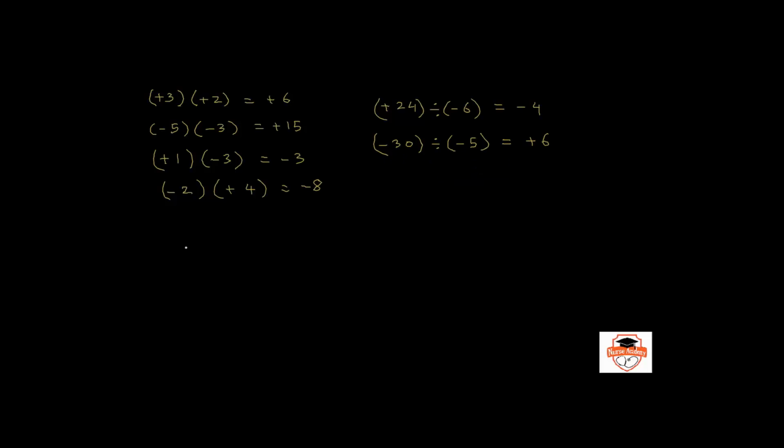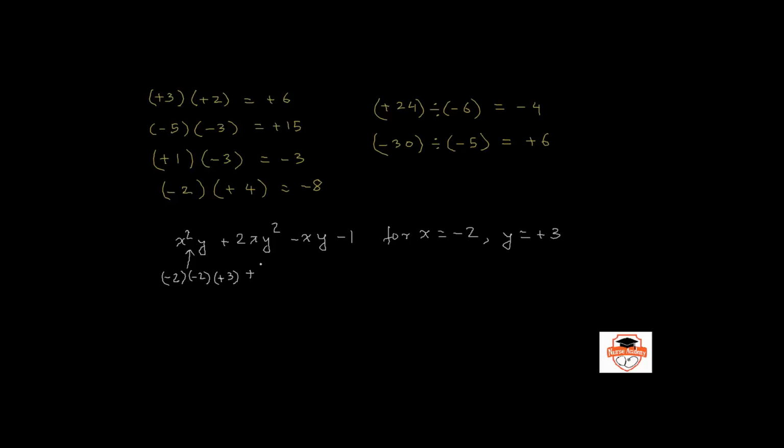Now that we know the rules, let's try and evaluate the expression x squared y plus 2xy squared minus xy minus 1 for x is equal to negative 2 and y is equal to, let's say, positive 3. x squared y is x times x times y, and x is negative 2. So we have negative 2 times negative 2 times positive 3